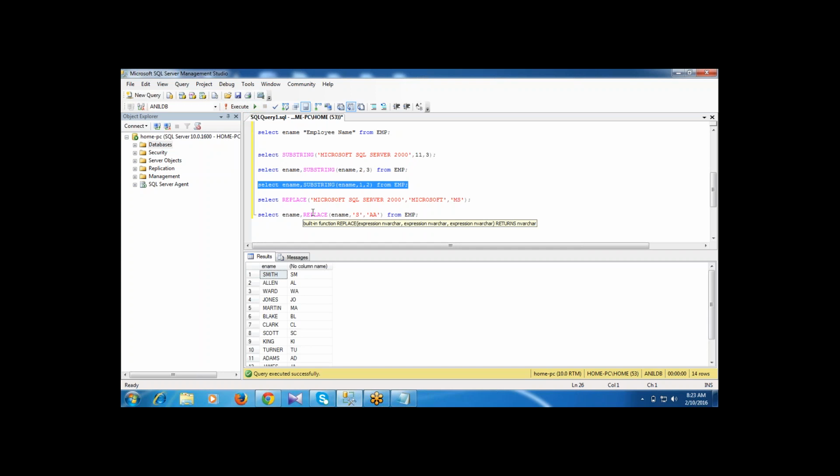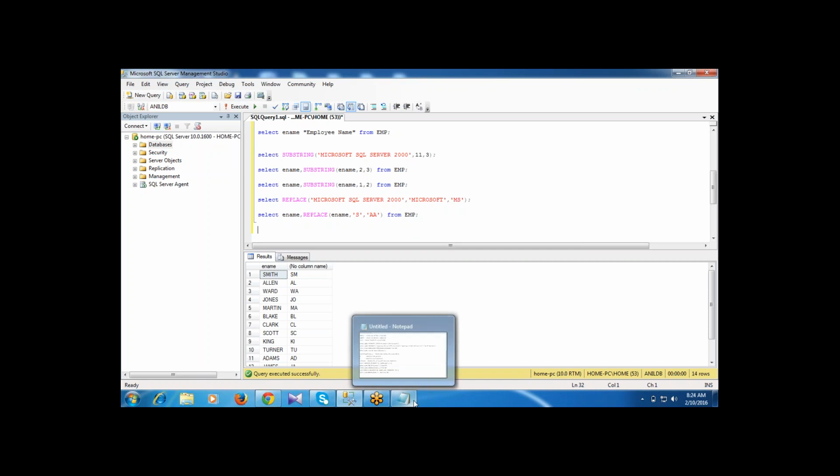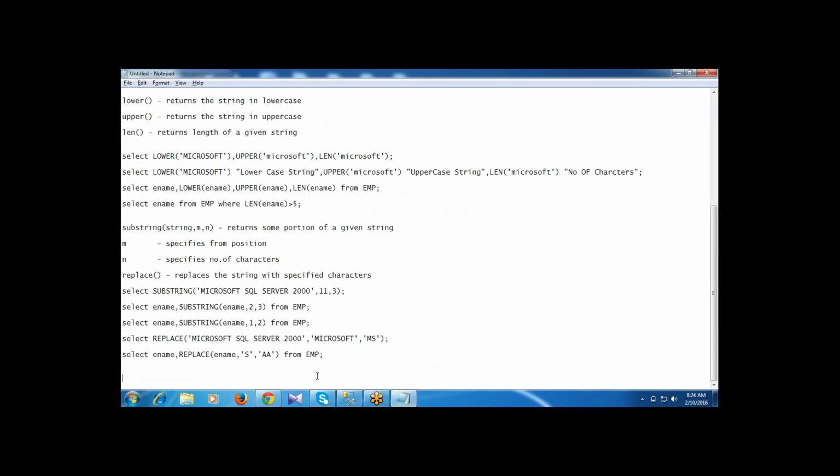Everybody, stuff function, it's clear, right? Now I'm writing the stuff function.